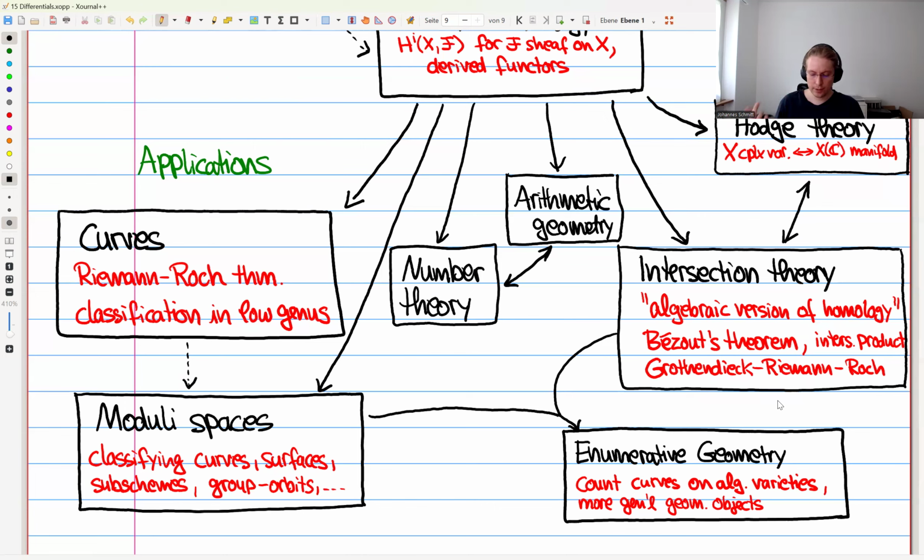And so trying to generalize this, if you don't just have ambient space P2, if you have an arbitrary, let's say, variety X, then you would like to understand how subschemes of X intersect. And for this, you would introduce an algebraic version of homology of X, such that the subschemes give you elements of these homology groups. And then intersecting them physically, like in Bézout's theorem, should correspond to some product operation on